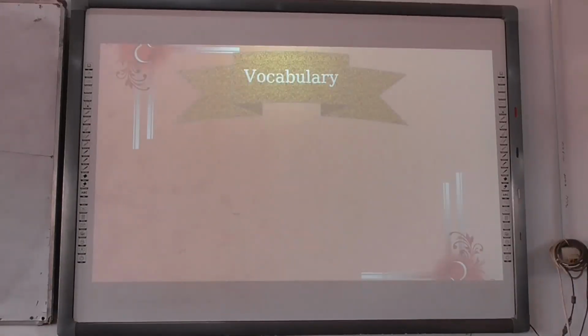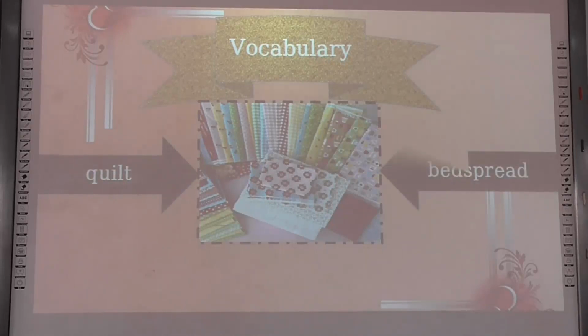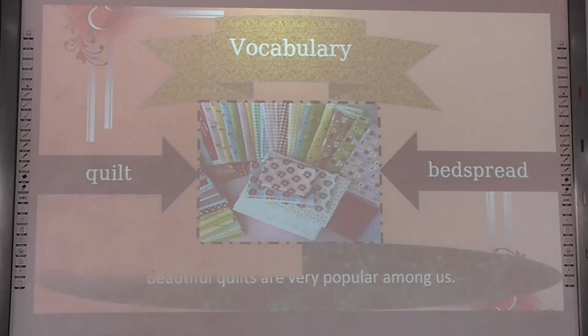So let's see some vocabulary and we'll know their meaning and we'll see how we can use this in a sentence. Okay, first one is quilt. Quilt, that means bed strips. Bed strip, আমরা বাংলা যেটাকে বলতে পারি বিছানার চাদর। Beautiful quilts are very popular among us. When we use this word in a sentence, we can use it like that. Beautiful quilts are very popular among us. That means এই সুন্দর কাঁথাগুলো আমাদের মধ্যে খুবই জনপ্রিয়।